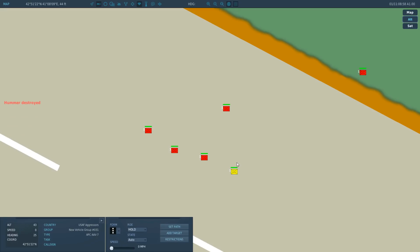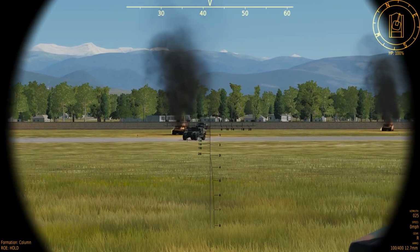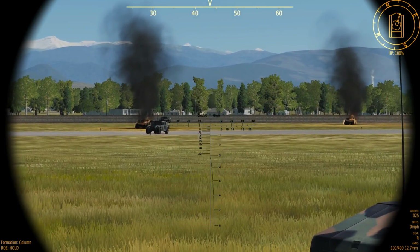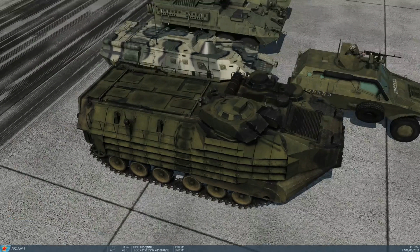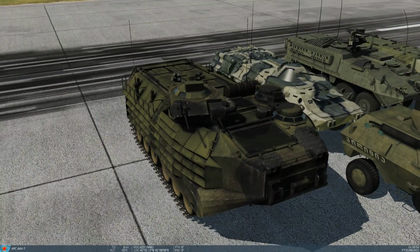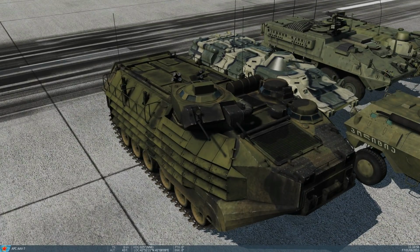We've got the AAV, the fully amphibious little guy here. So let's go. Okay, right, now this is more like it. So we've got a proper turret here and proper aiming sight and stuff. And let's have a look outside. So we've got, that looks like a grenade launcher. That is a grenade launcher. So if we go back inside,